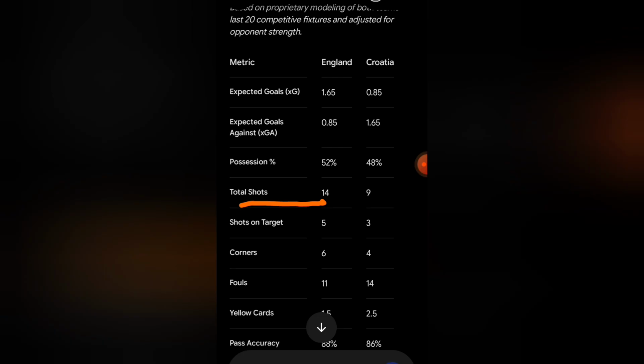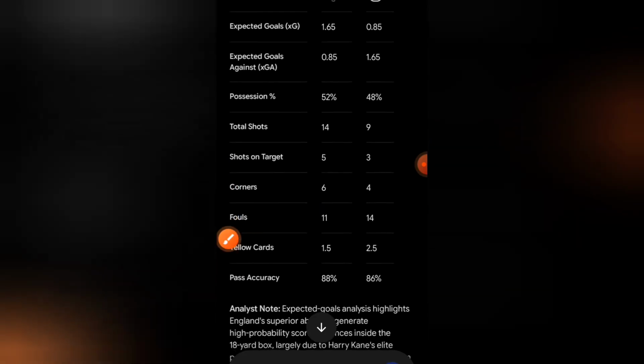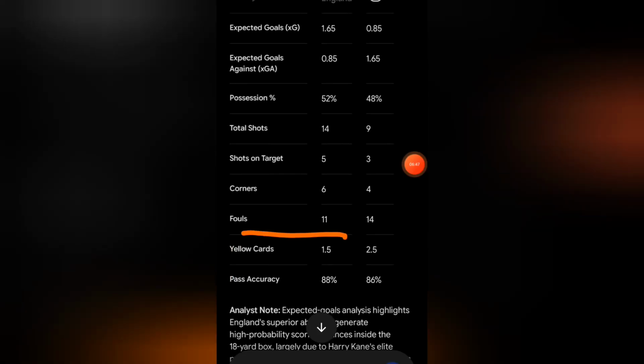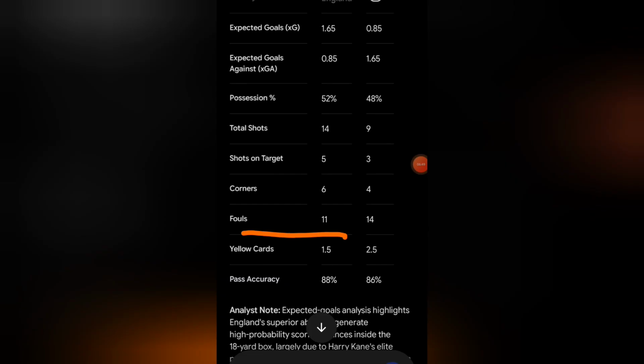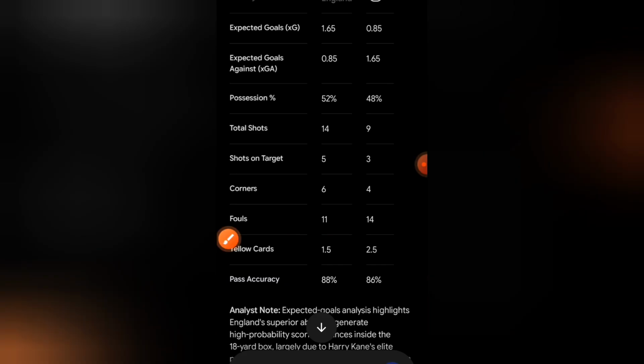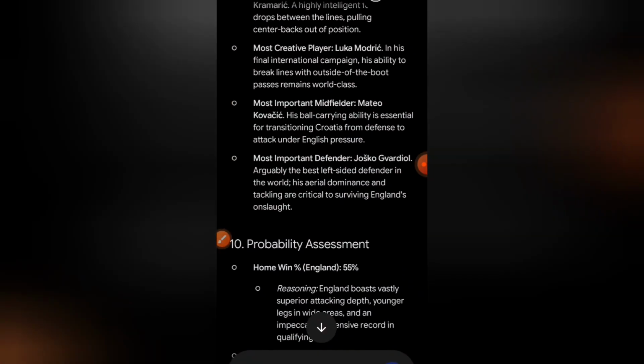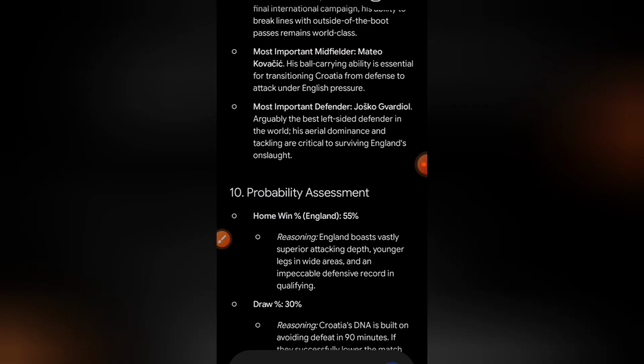Now, proceeding to the total corners, I want to advise you guys to go for the corner market in this particular match. And when it comes to fouls, I'm expecting so many fouls in this game, at least more than 19 to 20 fouls, but it depends on the style the teams are trying to operate on. Now, moving forward to the main gist of this data for the match between England and Croatia.